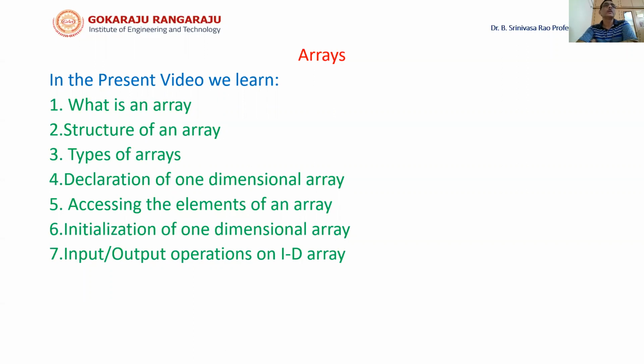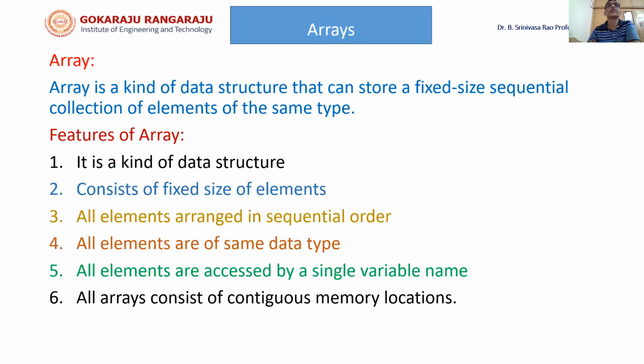In the present lecture, we are going to learn about what is an array, structure of an array, types of an array, declaration of one-dimensional array, accessing the elements of an array, initialization of one-dimensional array, input-output operations on one-dimensional array. An array is a kind of data structure that can store a fixed size of sequential collection of elements